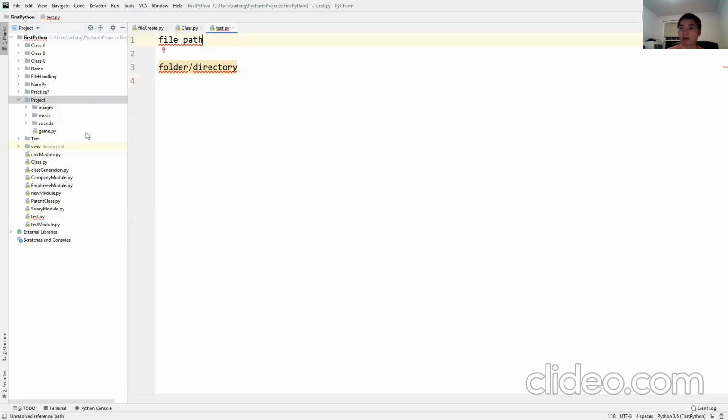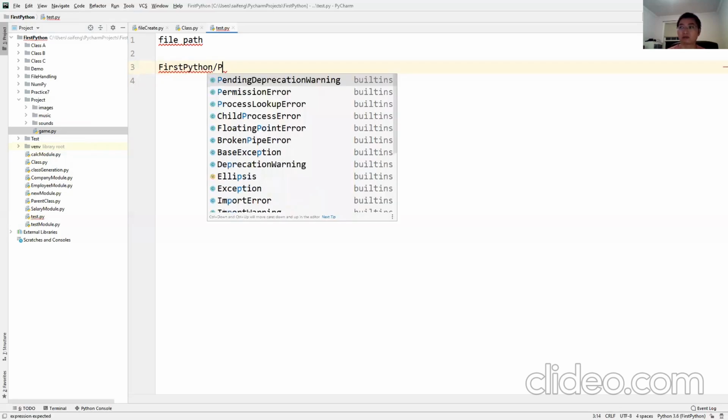What does it mean? Suppose I'm asking what is the file path of gain.py? First, we need to know what's the root folder. Here, the root folder is first py, slash. And then under the first Python folder, what's the next one?